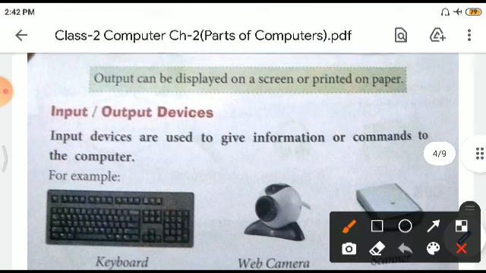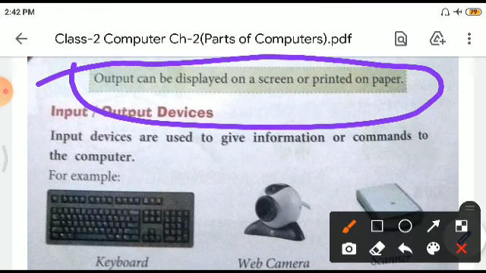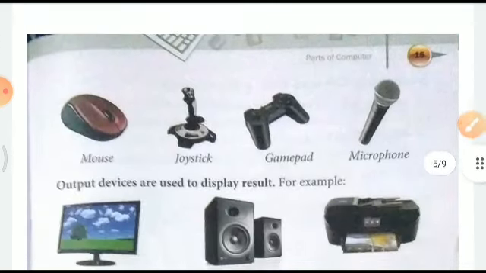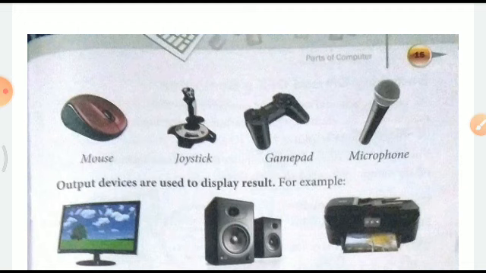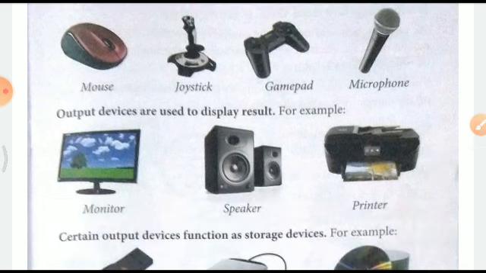And you can see here output can be displayed on the screen or printed, right? So we give information, we give data through an input device, which can be mouse, joystick, gamepad, microphone also. And output devices are used to display the result, and these can be your VCD, monitor, printer, speaker.